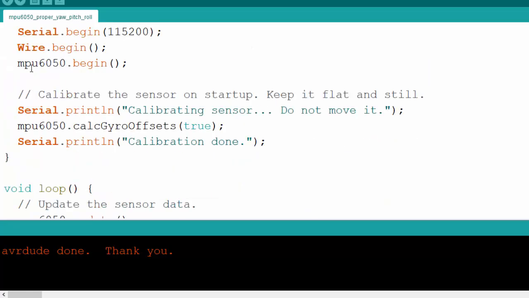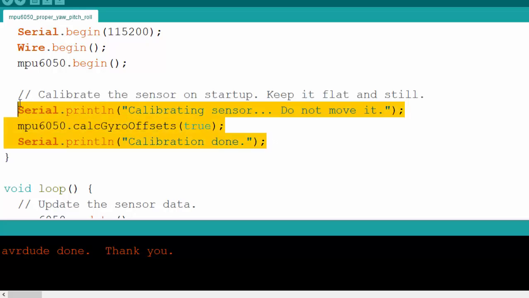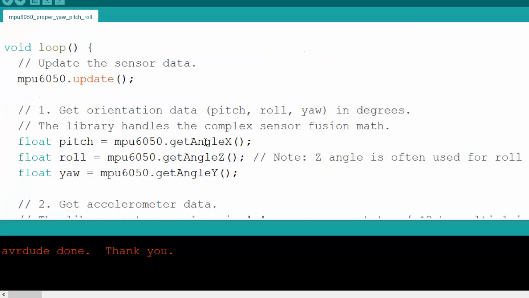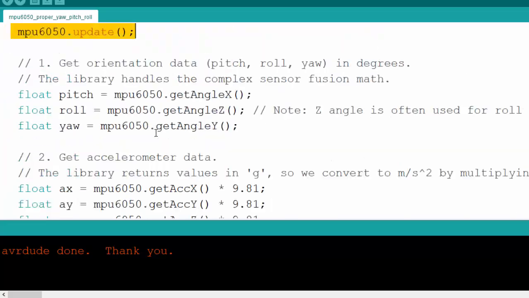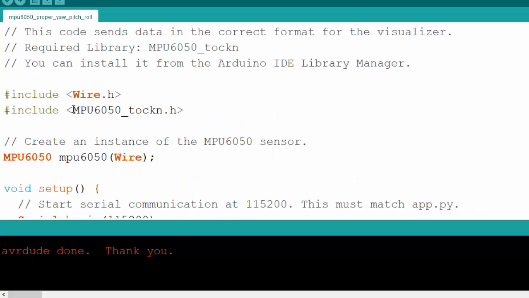After that, we need to calibrate it. So for the MPU6050, we call the function calculate gyro offsets, and these offsets will be used for calibration. When you calibrate the sensor, you have to keep the sensor still and not move it. After that, we just call the update function, and all the sensor fusion algorithms will be running inside this library,